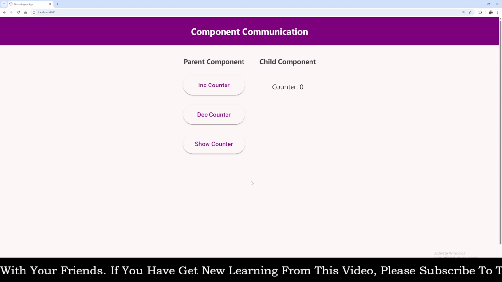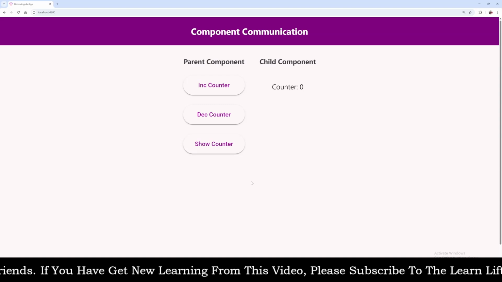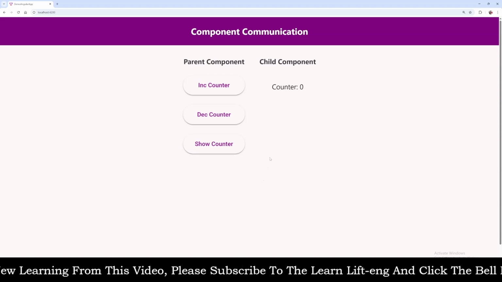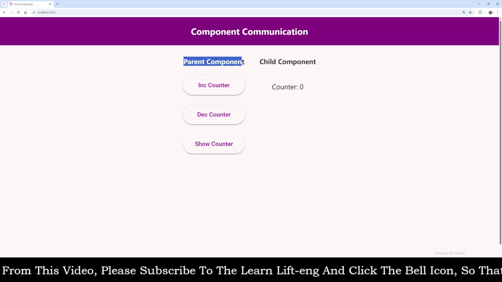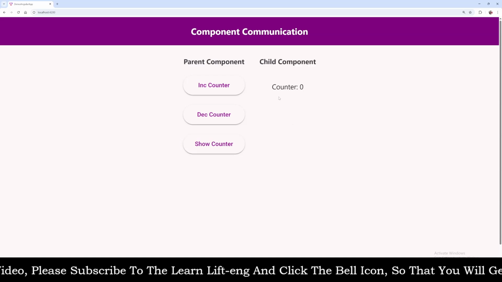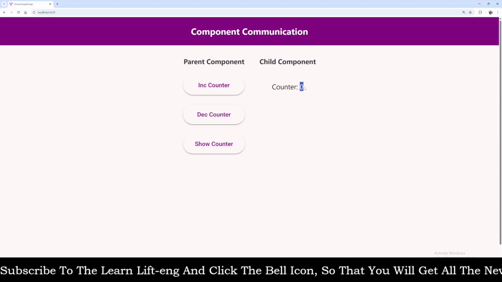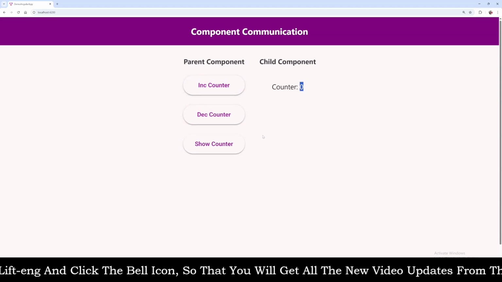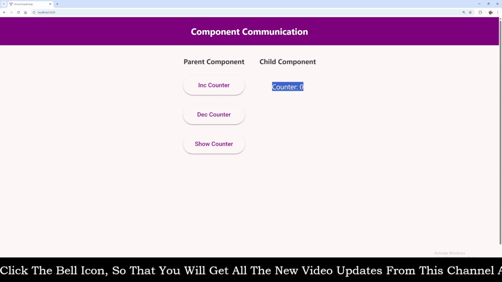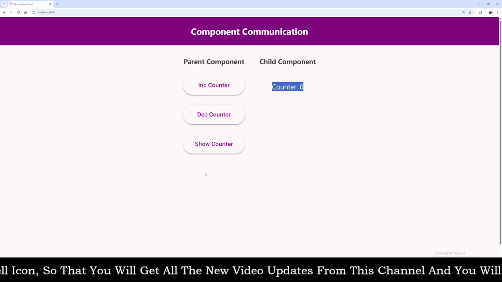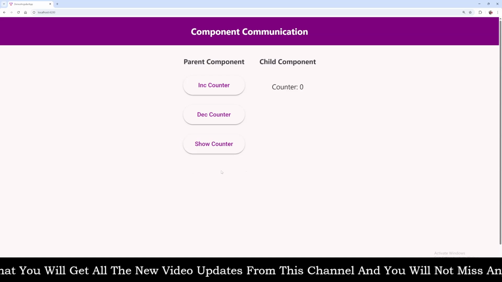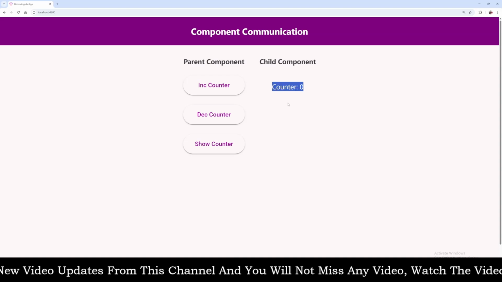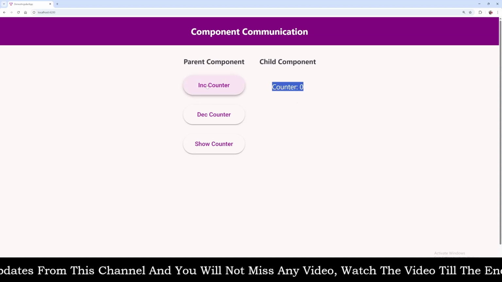So let's understand how we can achieve the same thing we achieved in the last video using local variables, and what the syntax of it would be in action. So let's start. As you can see on the UI, we have three buttons in the parent component, and in the child component we don't have any button. We just have a counter variable which has a value of 0 as of now. We are going to increase its value using these two buttons, and we are going to display whatever counter value we have increased or decreased below this show counter button in a label, once we click on this show counter button. So this is how we are going to access or manipulate the counter variable of the child component through the parent component